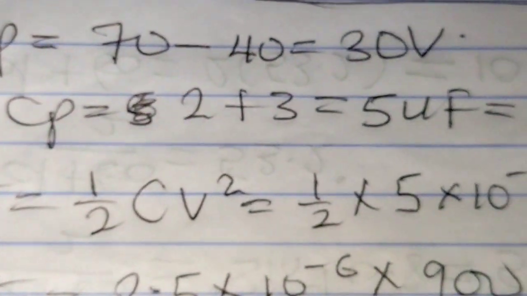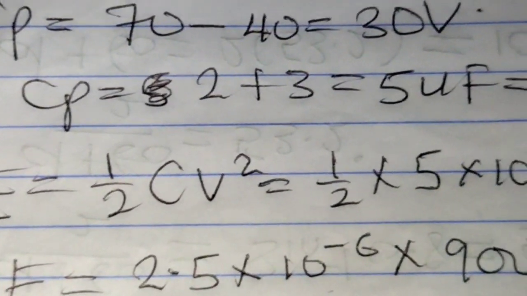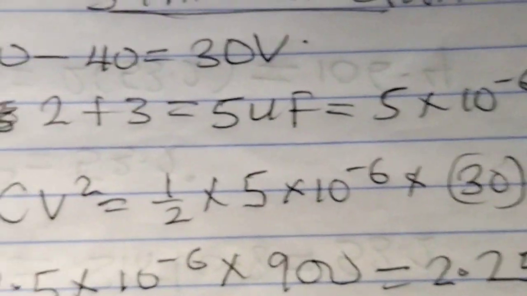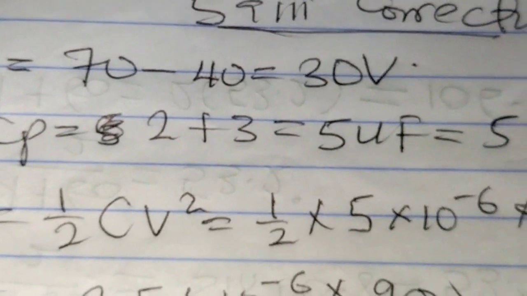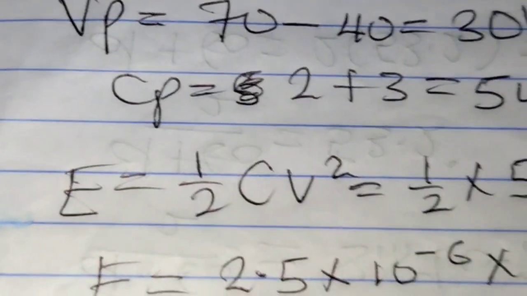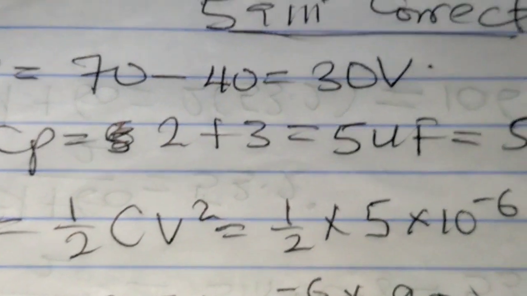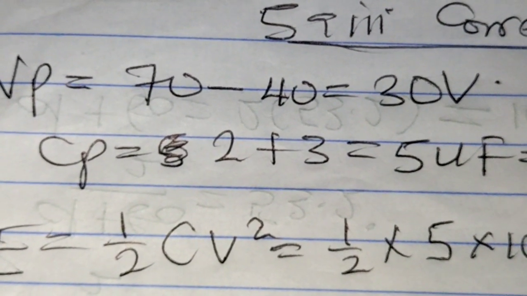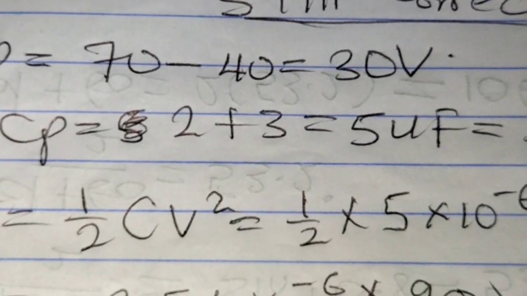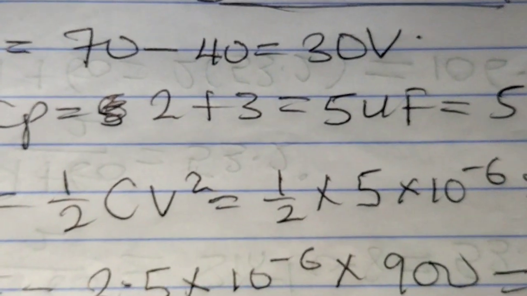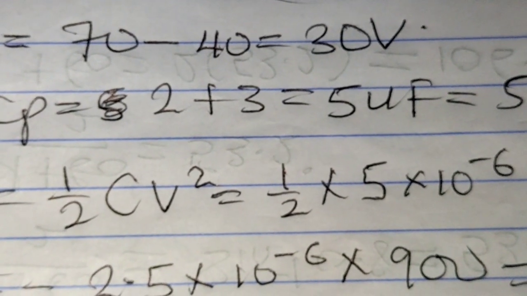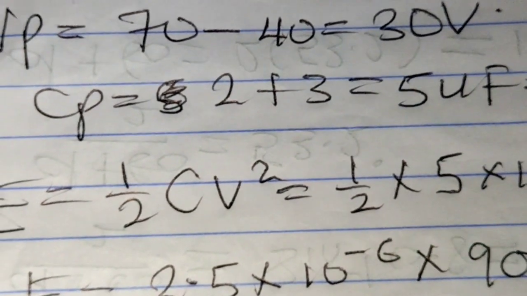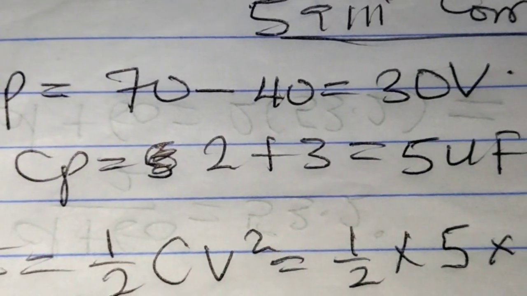Those in parallel, we look at it as CP, which is 2 plus 3, 5 microfarad, or 5 times 10 to the power minus 6 farad. That's the total capacitance of the two in parallel, which you use here now. Then what's going to be our voltage? Our voltage will no longer be 70. The 70 volts is the PD across the 3 capacitors. But we are told in the question that 40 volts is the PD across the 5 microfarad that is in series. So the PD across the two that are in parallel is going to be 70 minus 40, giving us